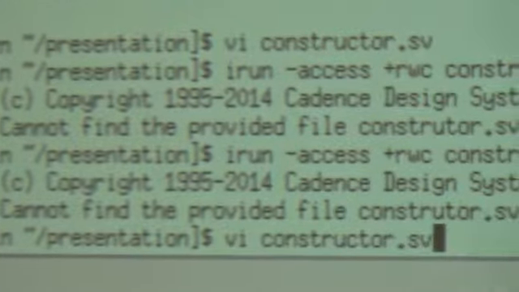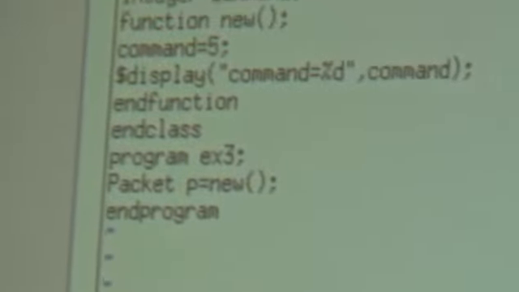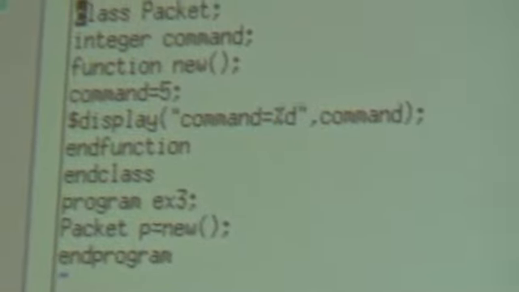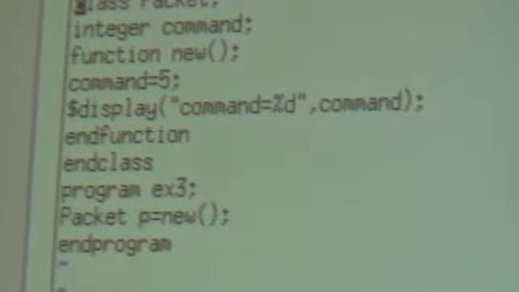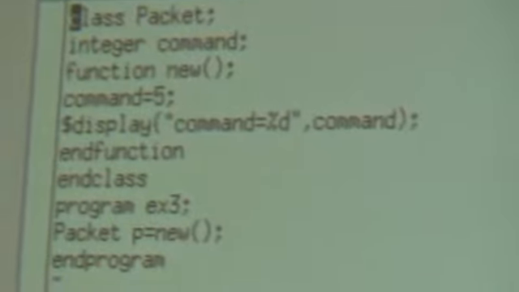So now we will check and see what I have written in the code using a text editor, constructor.sv. This is the thing which I have written in my code. Let me check it out by scrolling up. Yeah, this is my program. I wrote that when the function new is invoked, it creates an object and invokes the function new. In this manner I create the object and invoke the function new. Thus the new constructor performs the two functions at the same time.